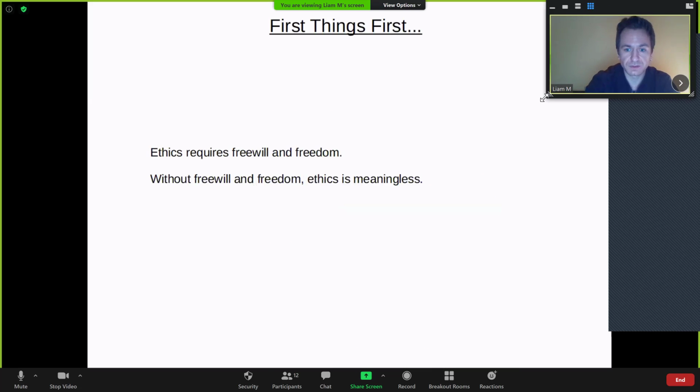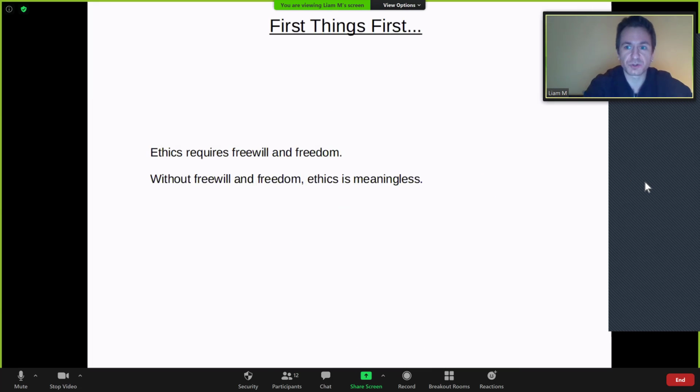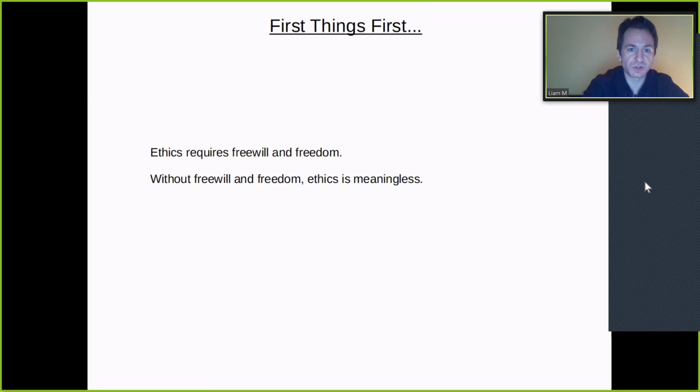left to the discussion. First things first, in order to discuss ethics, we have to accept some notion of free will and human freedom. Without free will and freedom, ethics is meaningless because we will not be able to argue that people have guilt or responsibility, which are two prime things that we need in order to